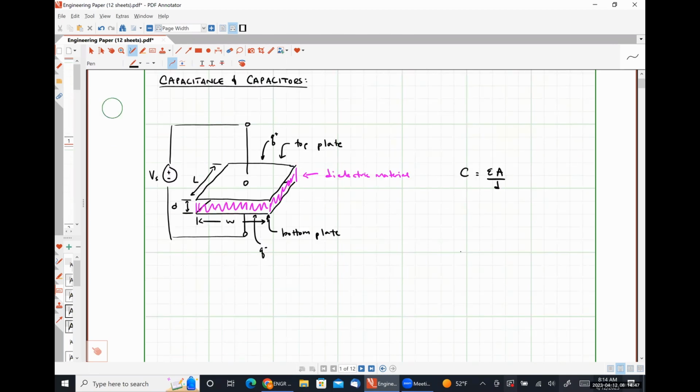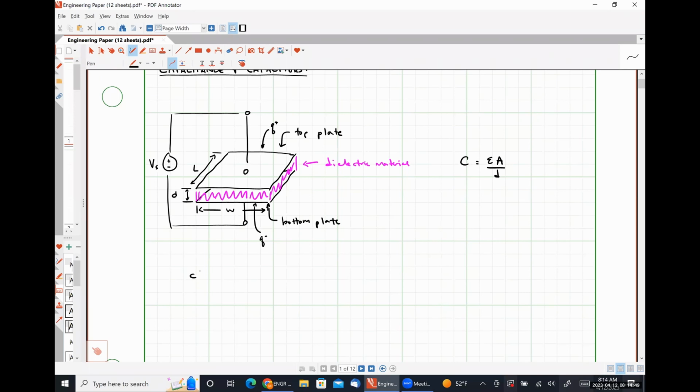And that relationship is as follows. Charge Q is equal to capacitance C multiplied by voltage V. So from this, we can see